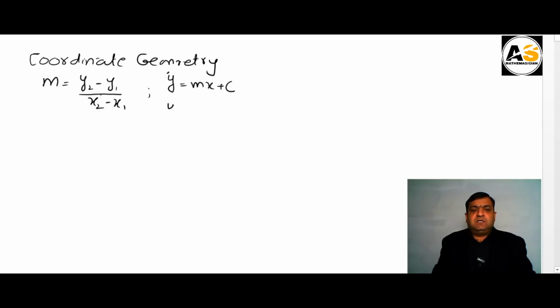First one was gradient intercept form, which was y is equal to mx plus c, where m is the gradient and c is the y-intercept. Second form was point gradient or gradient point form, in which we use gradient and point (x1, y1) of a line to form